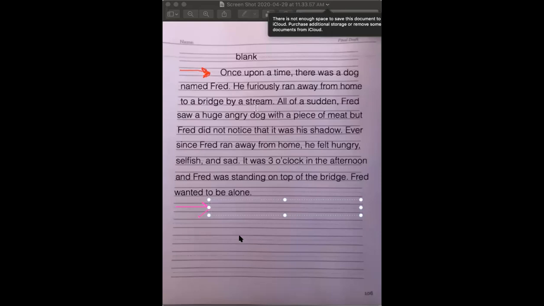Okay, so let's begin. So we have cross, bridge, and water. We don't have to use all those words in the sentence, boys and girls, but what we do have to do is use those words to help us write a sentence, okay? And remember, right now you should not be writing. I just want you to listen and I want you to watch, okay? And then at the end of the video, then you can spend some time writing, okay? So we're gonna put, as Fred crossed the bridge, he looked,